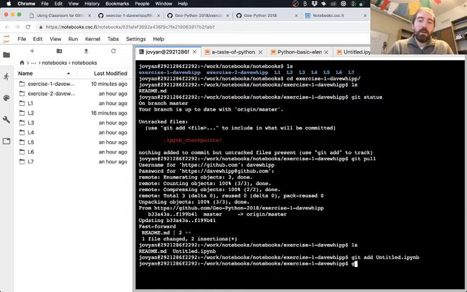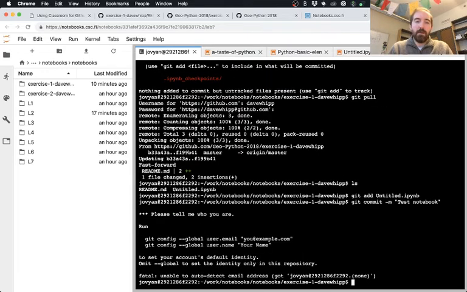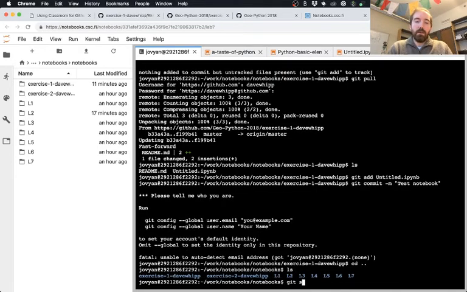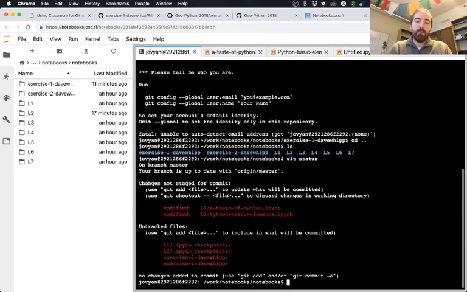And I can even commit that with some nice message like test notebook. Okay, it's not a very good commit message, but I can commit it. Okay, I haven't done my configuration, so maybe I can't commit. The point is, though, that if I tried to do something with git out here, like git status, and I'm not in the right directory,